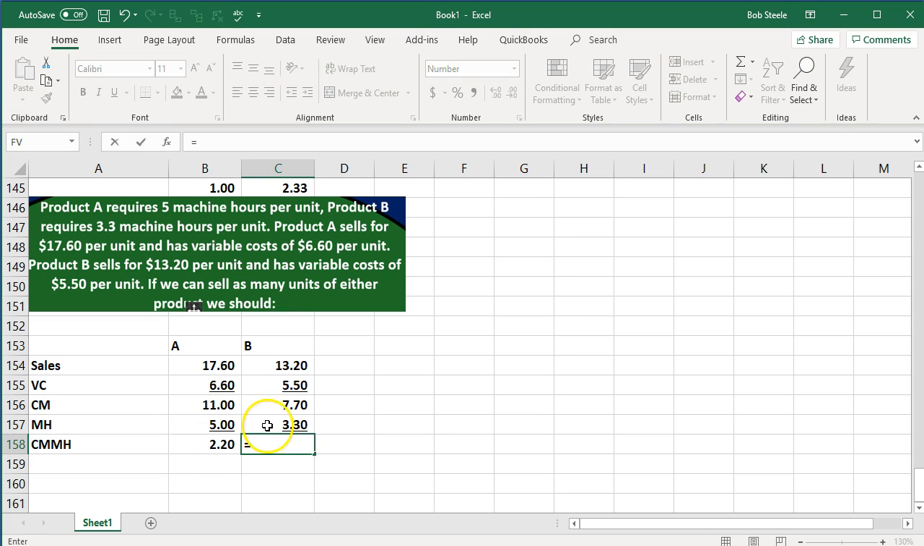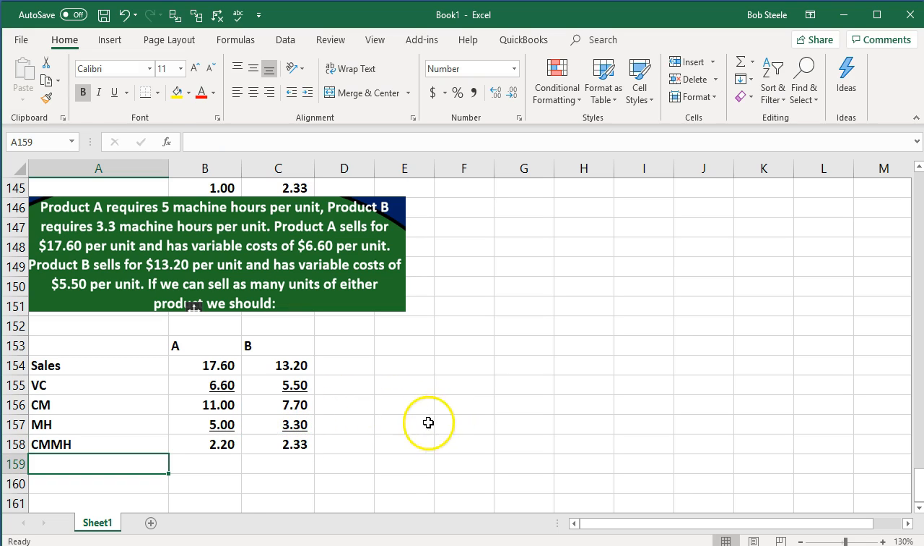We're going to say that's A. 7.7 contribution margin divided by the machine hours of 3.3 is going to give us the 2.33 for the second item. So given this information, we'll typically use the higher contribution margin per machine hour per the restraint, which is going to be 2.33. So all else equal, given these conditions, we're basically going to produce this item B as much as we can have demand for,